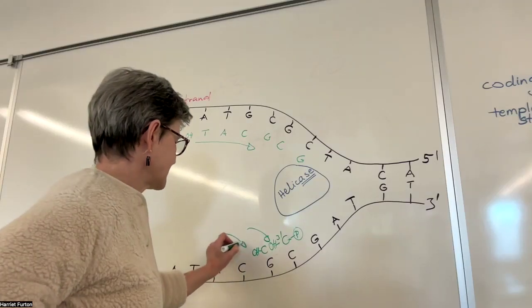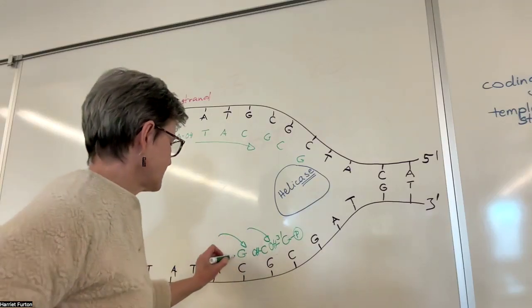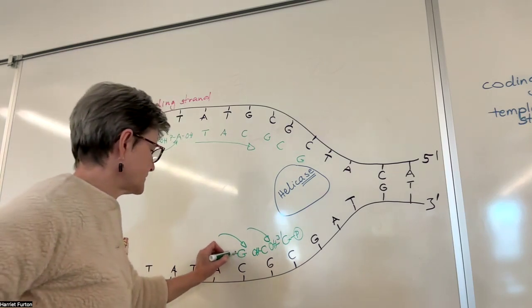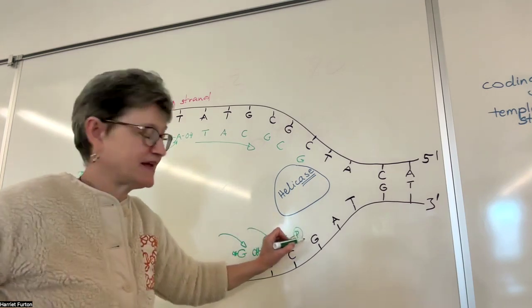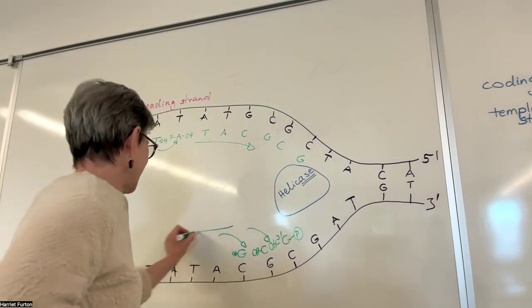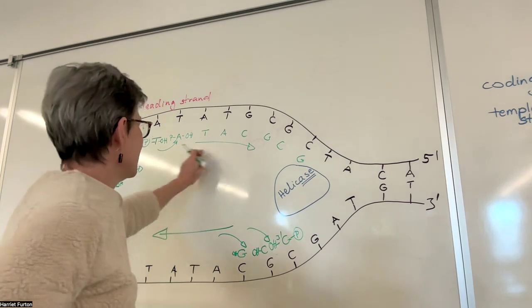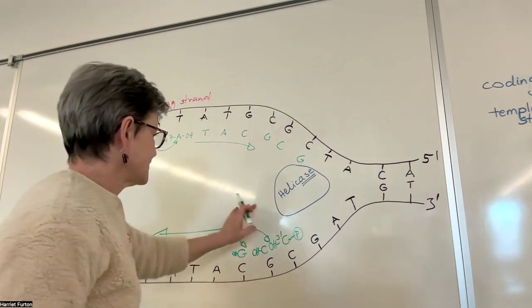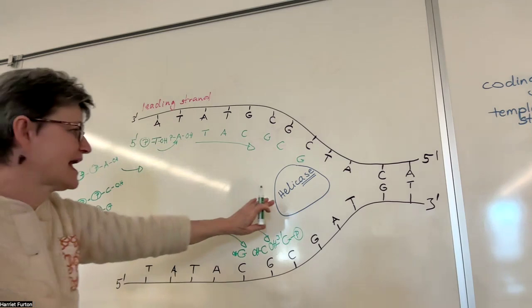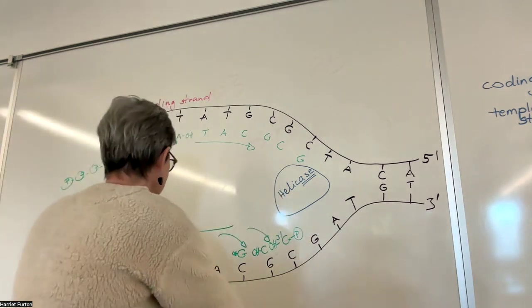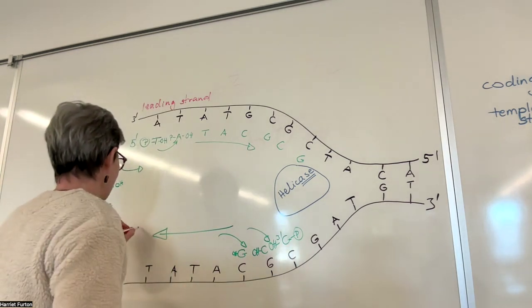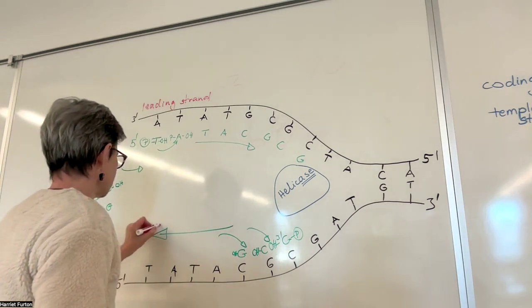We add, again, a G in here where the hydroxyl group is here, and we can add only to this end, but not the phosphate end. So it goes the opposite way as the leading strand. It goes away from the helicase, from the replication fork. Now, this is going to be the lagging strand